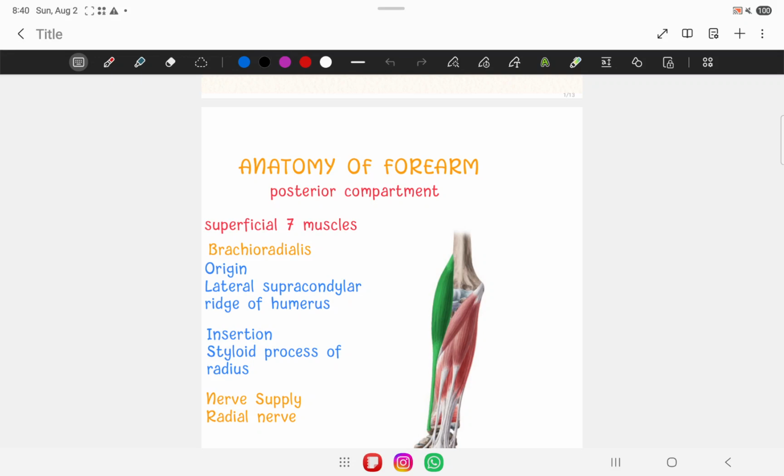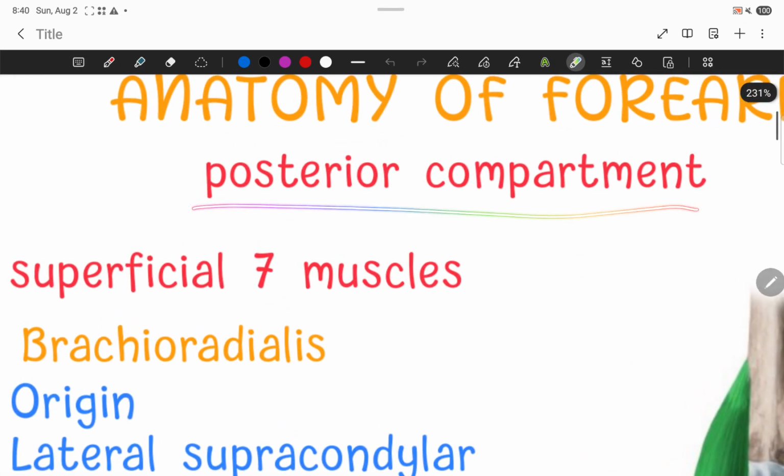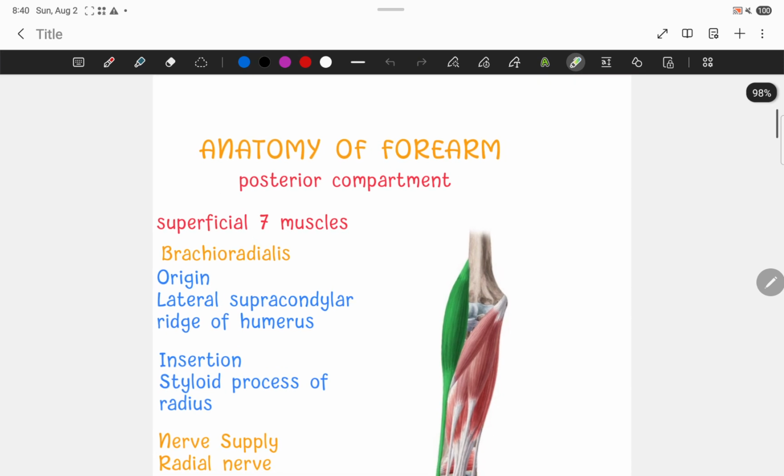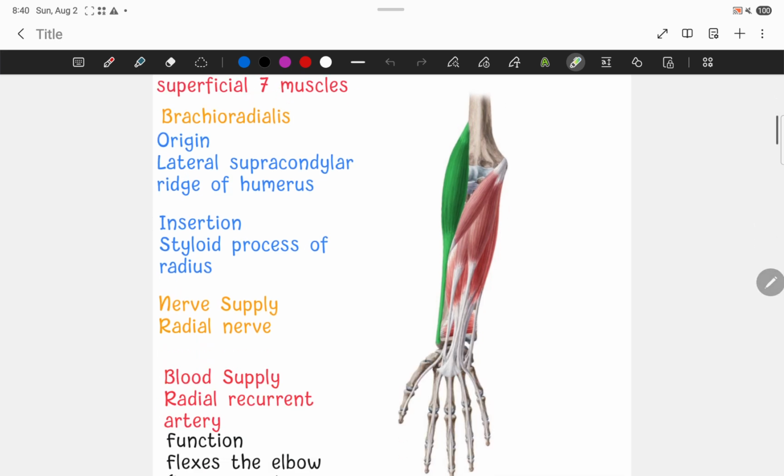This is the part 2 video of the forearm anatomy, and this time we talk about the posterior compartment. The posterior compartment has superficial muscles and deep muscles, and the superficial muscles are 7 muscles. Don't forget that. The first one is the